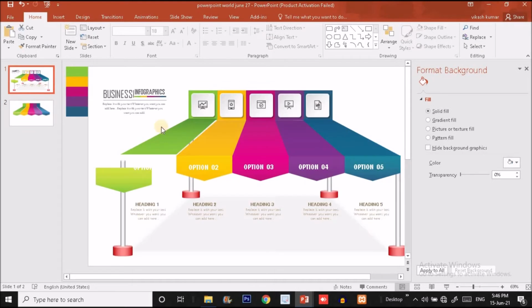Now it's done, guys. Now what we have to do, we have to create these 4 pillars.